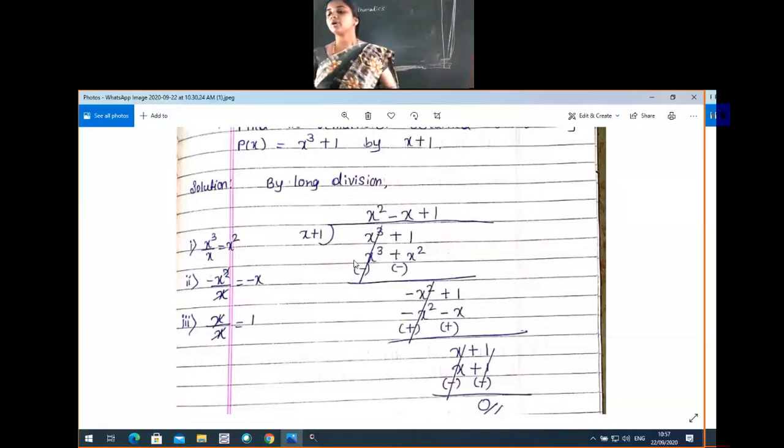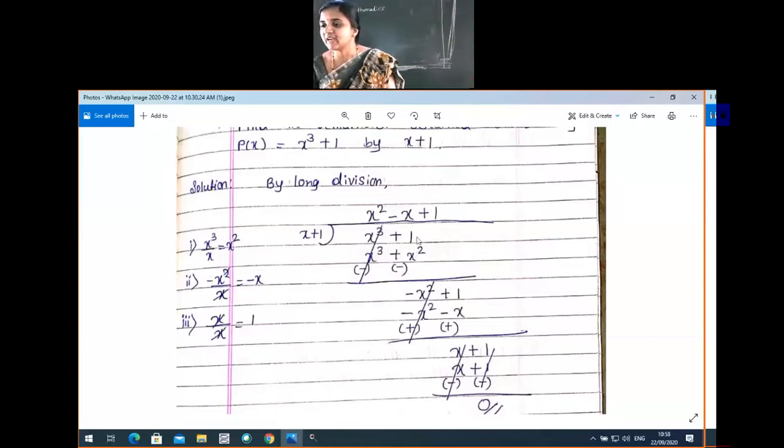If we want to cancel, we have to apply the sign change rule. What is that rule? For the second expression, we change the sign to the opposite sign. Here x cube has a plus sign, so the opposite is minus. x square has a plus sign, so the opposite is minus. Now observe plus x cube and minus x cube cancel. Plus x cube and minus x cube go away; they got cancelled.